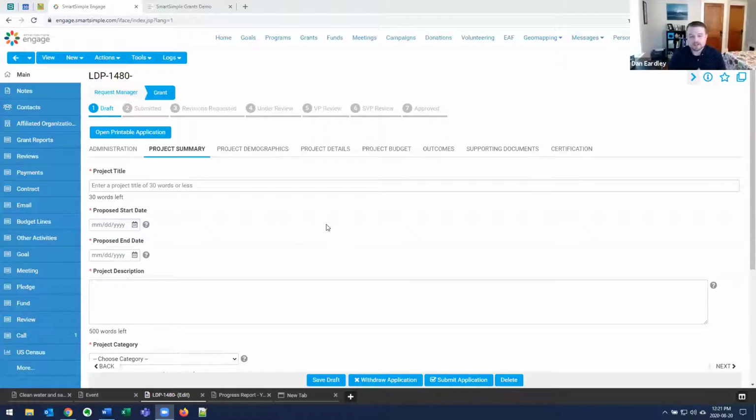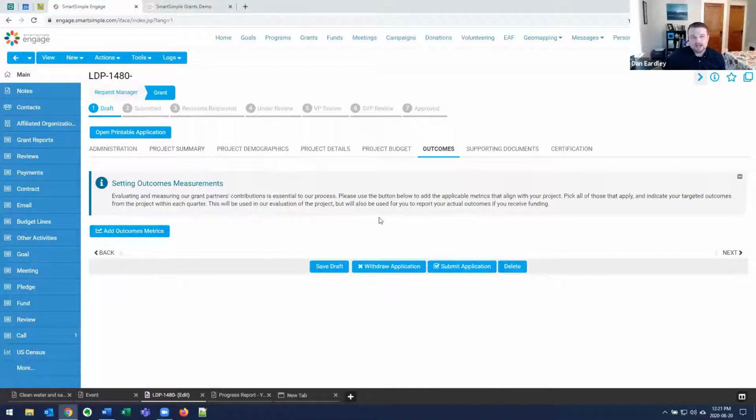So one of the clients that we've worked with, we're building with them a unique measurement and metric processing tool within their system to track the things that they want to track specifically. The example that I have up on the screen is related to the initial application cycle, when somebody's applying for funding as a part of the program that you're offering. And what you can do is include the ability for them to list the outcome metrics that they will be looking to achieve as a result of their specific project.